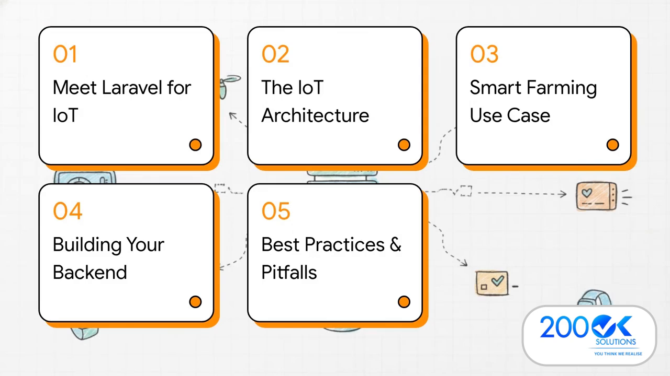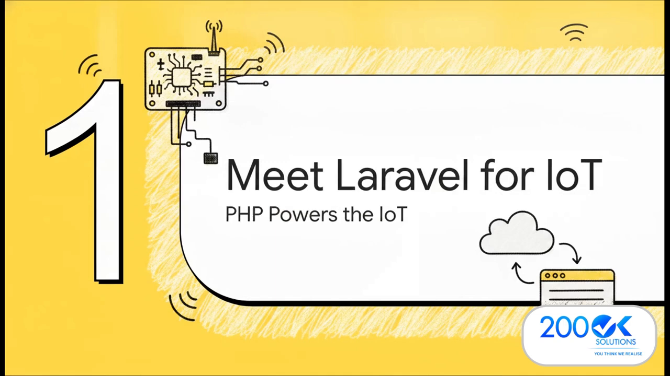Before we jump in, here is our quick roadmap for today's explainer. First, we'll meet Laravel for IoT. Second, we'll break down the IoT architecture. Third, we'll look at a real-world, smart farming use case. Fourth, we'll walk through building your backend. And fifth, we'll cover some essential best practices and pitfalls. All right, let's jump straight into Section 1, meet Laravel for IoT, and see how PHP actually powers the Internet